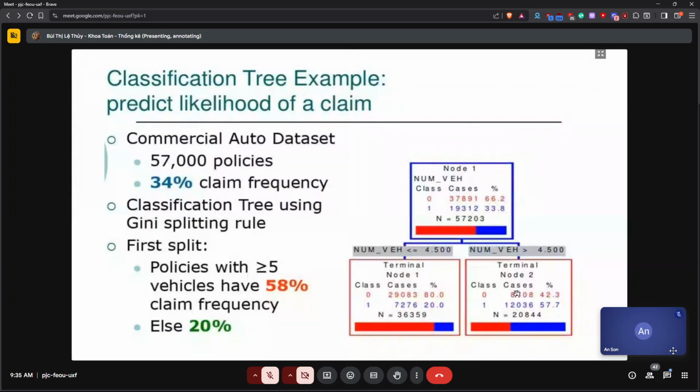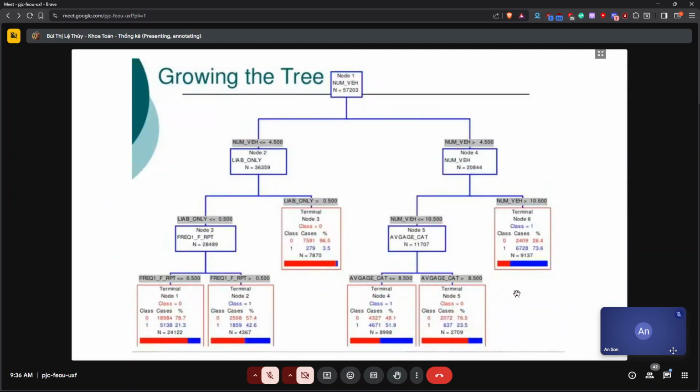The first split is based on the overall data, split by policies with at least 5 vehicles. They have a 58% claim frequency, and the other group has a 20% claim frequency. Okay, go to the next slide.